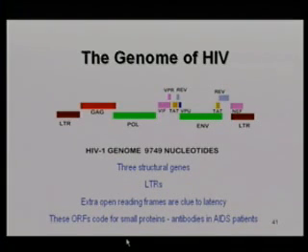So there's the GAG, the POL, and the ENV genes, just like any other retrovirus, but there are small open reading frames down at this end here that code for small proteins like TAT and NEF, etc. And you come across these when you're seeing articles about vaccines, etc., because some of these turn out to be very important, not in the structure of the virus, because they're not structural proteins for the most part. They're control proteins that this virus produces to cause its very weird way of replicating itself over a number of years.